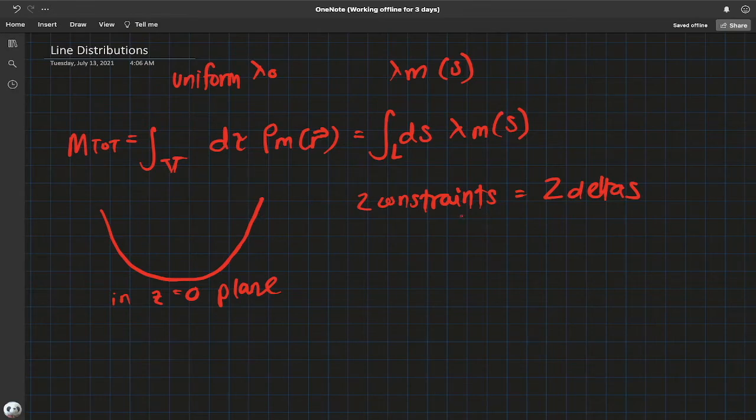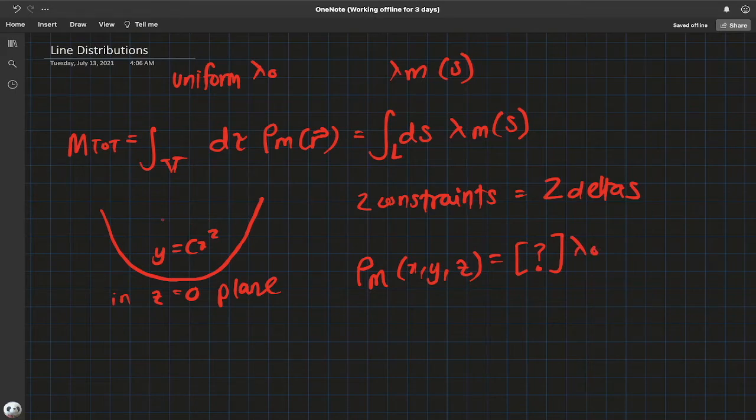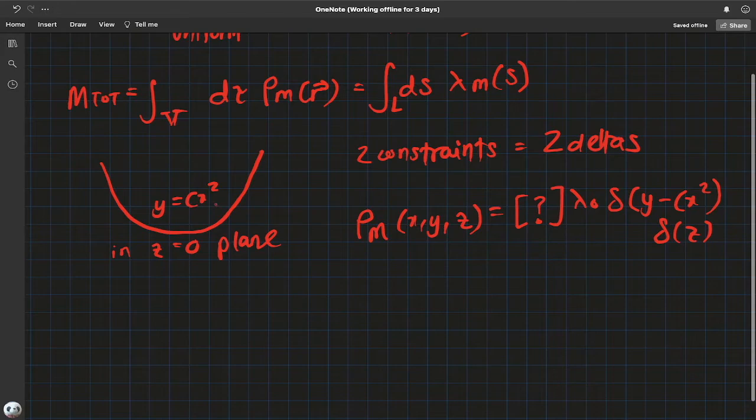Okay. What else? Okay, time for a guess. The equation for this is y is equal to cx squared. So that's enough to help us formulate an initial guess. And taking inspiration from our sheet distributions, put a question mark. This entire thing has uniform linear mass density lambda naught, so just put that in. Delta of y minus cx squared, delta of z, because we are in the z is equal to 0 plane. Everywhere else the curve is not defined. So now the arc length,